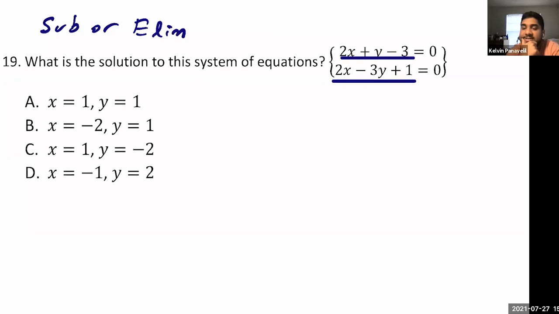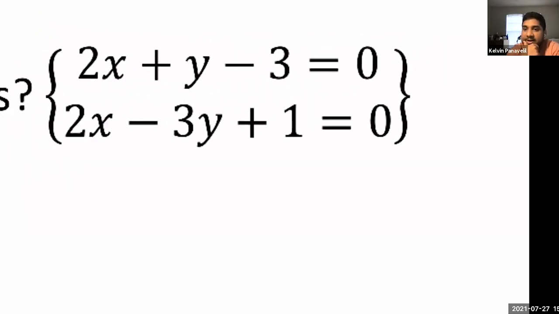Perfect, right? So first thing you want to look at is the equations. What kind of equations are we looking at, Natalie? They're almost standard form, right? So are they linear, quadratic, exponential? Linear. Linear, awesome, right? Because x is being raised to the first power, so these are linear equations.